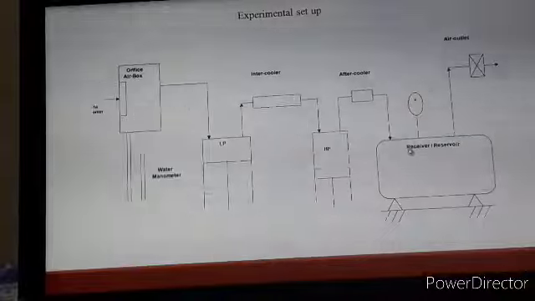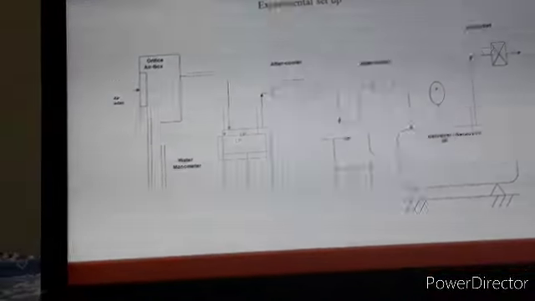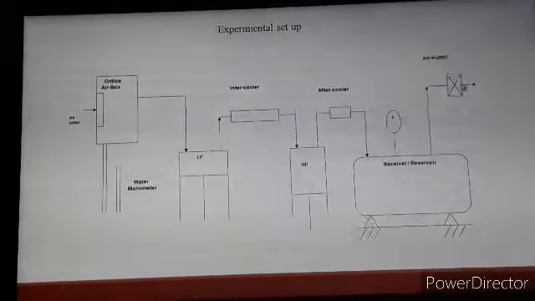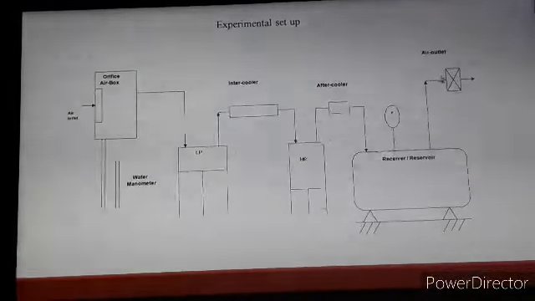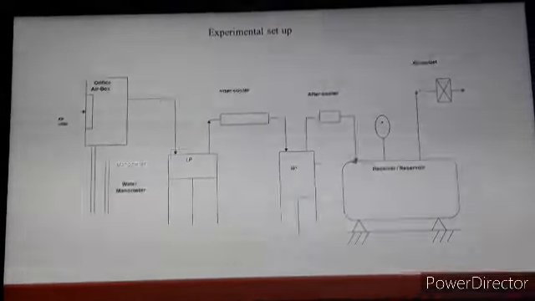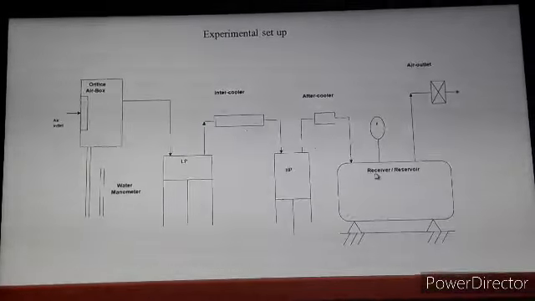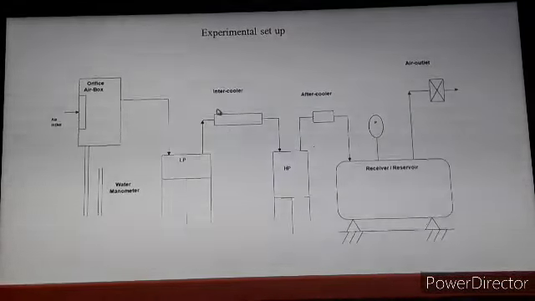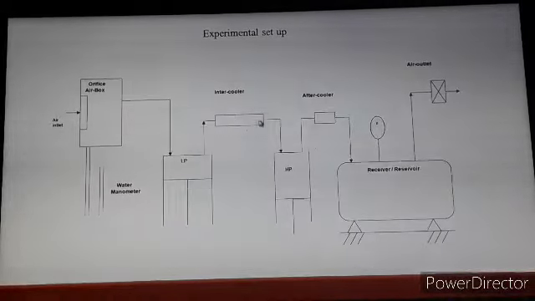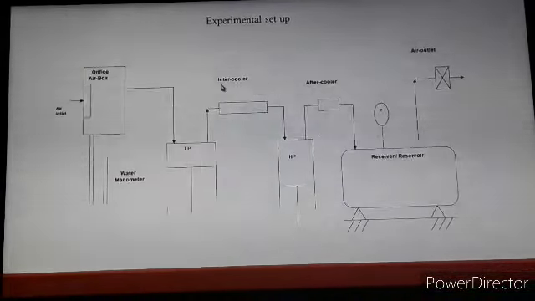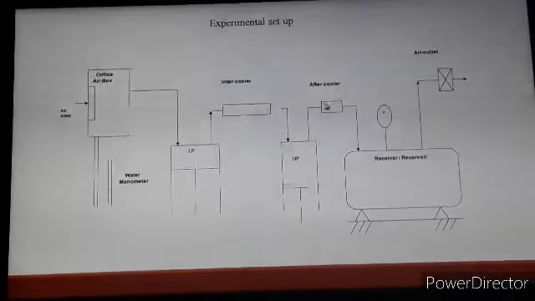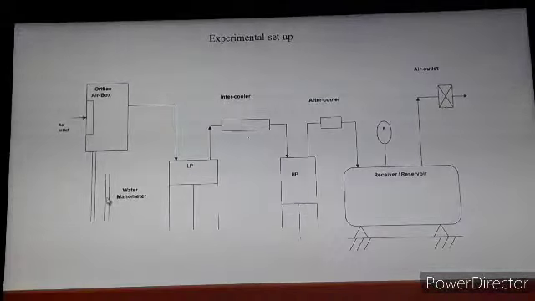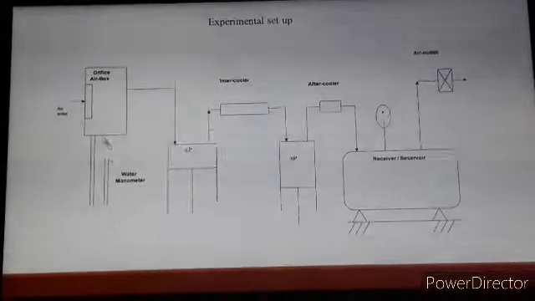Again, this is the receiver or storage tank in which we store the compressed air, and this compressed air we can use for application through this control valve. In between the high pressure cylinder and the receiver tank, we have an aftercooler. The intercooler and aftercooler act as heat exchangers. During the theory lecture we have seen the function of the intercooler, and a similar function applies to the aftercooler. In this setup we also have a manometer arrangement to record the air pressure.